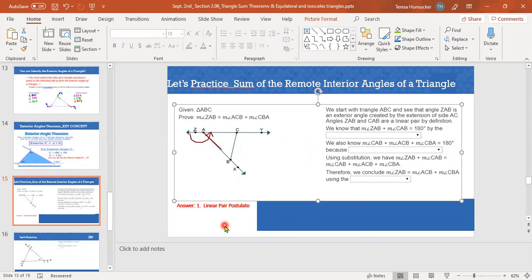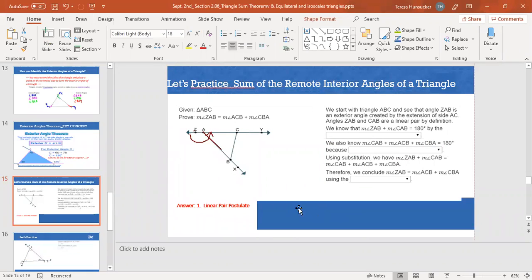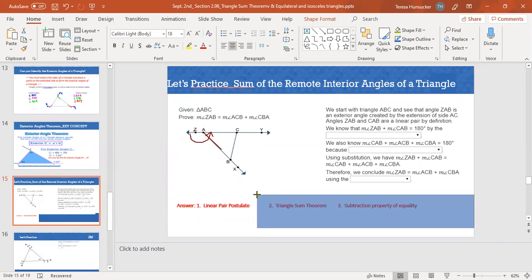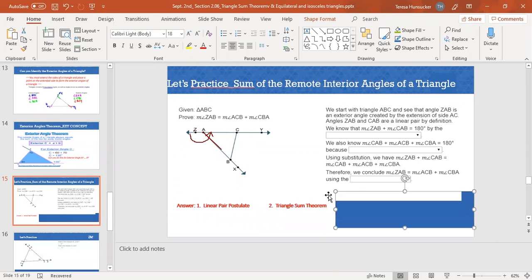What did you just learn that says the 3 interior angles of a triangle sum to 180? Wait for it. Do you remember? Do I have to tell you? It's the triangle sum theorem. All right. So we're getting there. Now it says use substitution. We have the measure of angle ZAB plus CAB equals